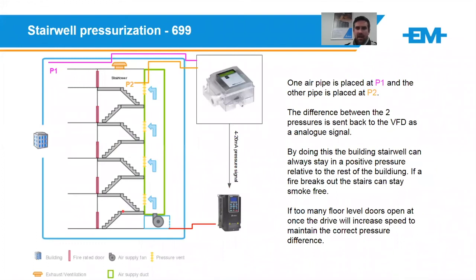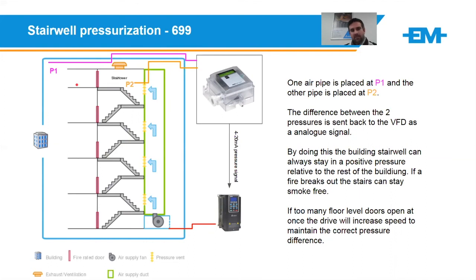So a quick application for the 699 would be to keep a constant air pressure in a stairwell. So here's your stairwell. Here's your ducts, your air ducts. In case of a fire, or in general, you always want a positive pressure in your stairwell. So if there is smoke inside the building over here, the positive pressure kept in the stairwell would keep the smoke out of the stairwell,